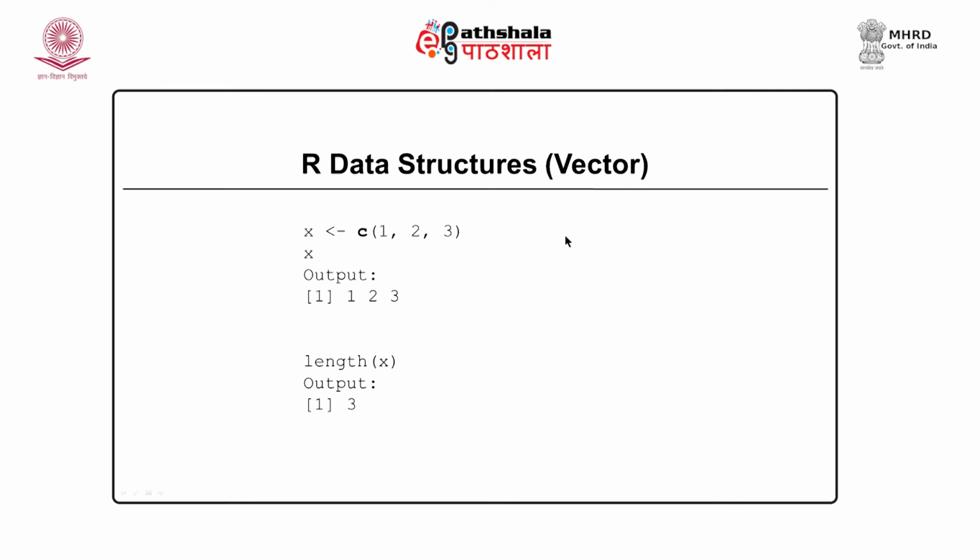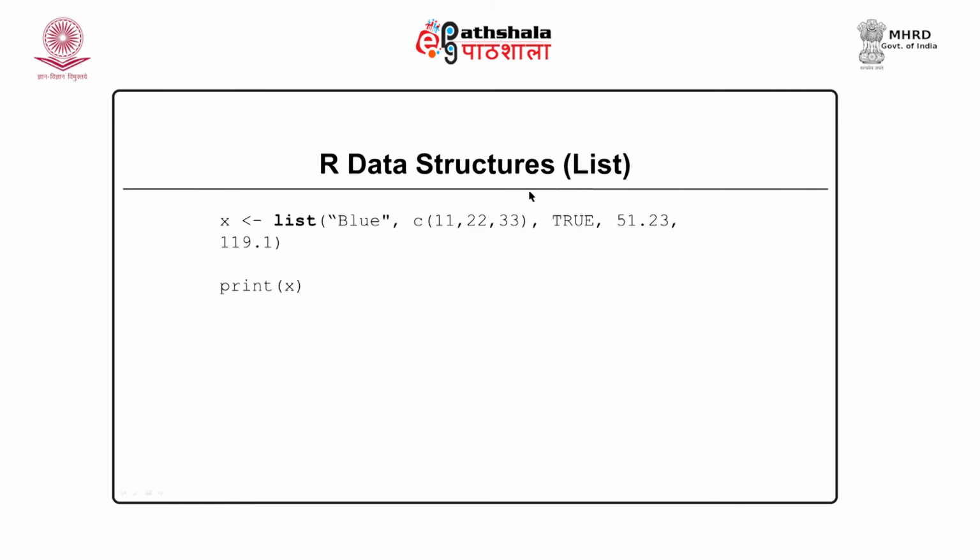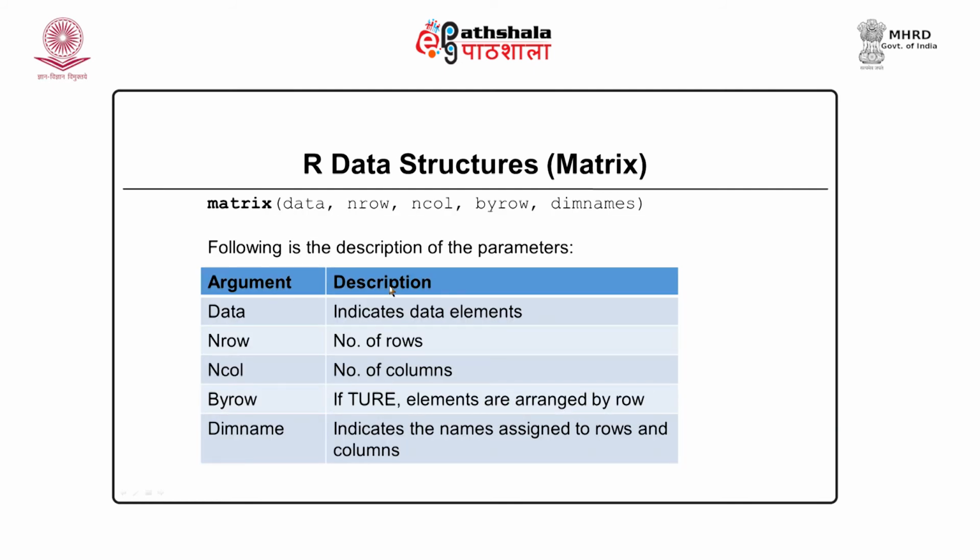Another interesting data type is list. List is the function through which we can create lists. The difference between vector and list is that a list supports mixed kinds of data. As you can see, there are characters, numbers, logical values and so on. So, when we have to use a mixed kind of data set, we can create a list. Here we are creating a list, it is being stored in x, and the same can be displayed using the print function.